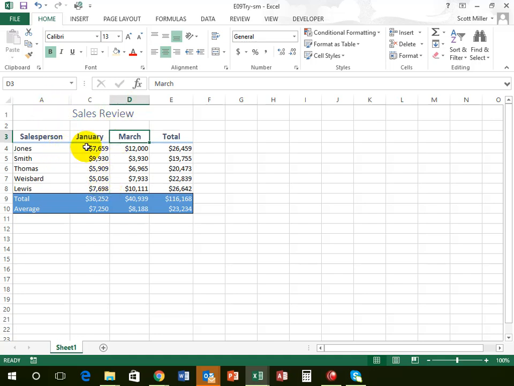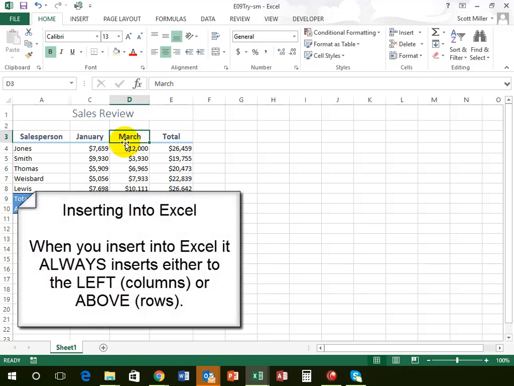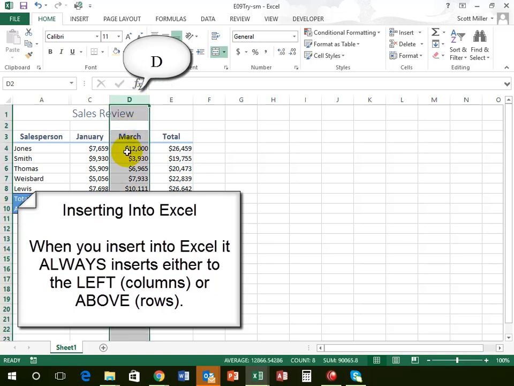Now, what I want to do is insert a column in between January and March. One thing that you will want to make a note of is that whenever Excel inserts, it will typically insert either to the left of my cursor or above my cursor. So if I'm inserting columns, I want to be on column D if I want to create a new column D. So with column D selected,